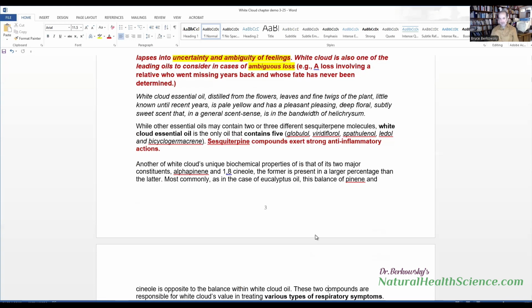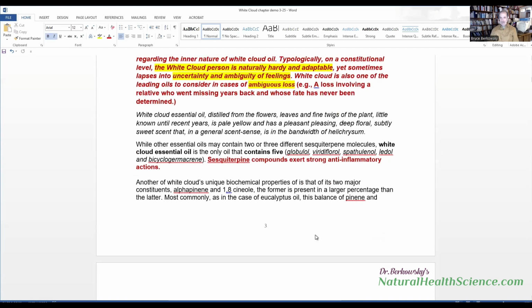So white cloud essential oil, let's get back here now to the oil, is distilled from the flowers, the leaves, and the fine twigs of the plant. Now, I don't get much into the chemistry of the plant in Spiritualis of Essential Oils. Aromatherapy, that's one of the main features. I feel that there's some value to understanding that and knowing it, especially when you're treating illnesses on an acute level, to understand chemical components. But I feel just going off in that direction and making that your main focus is walking out onto the branch and forgetting about the roots.